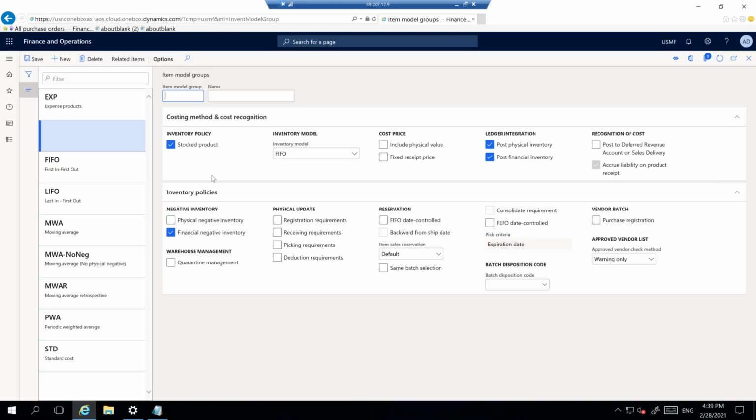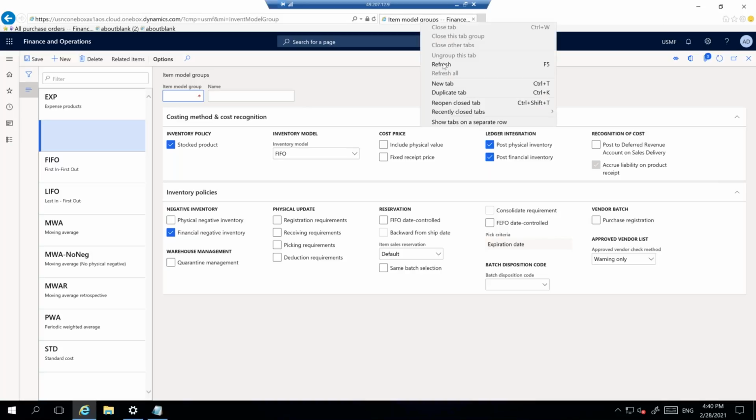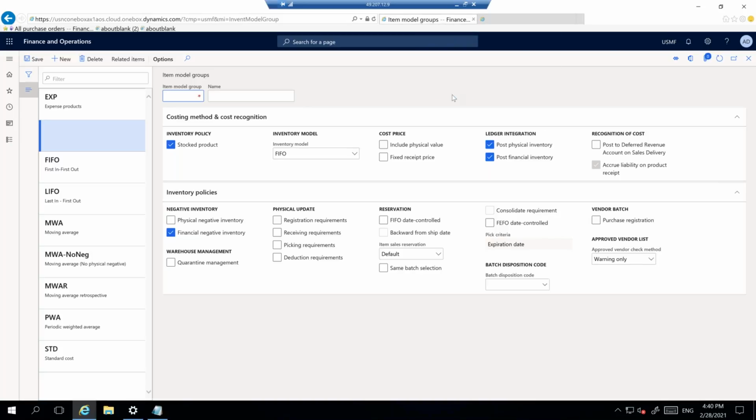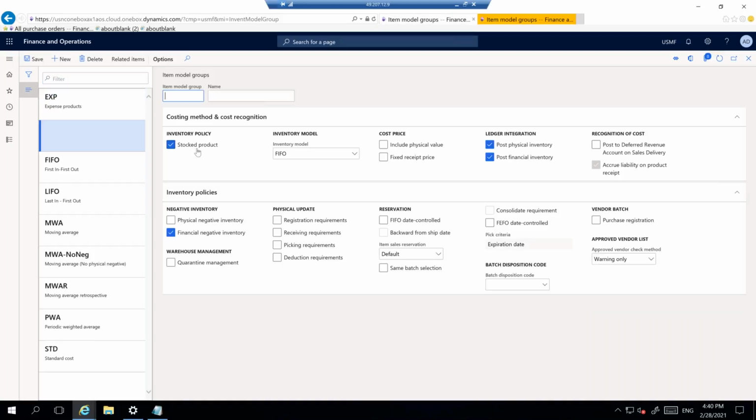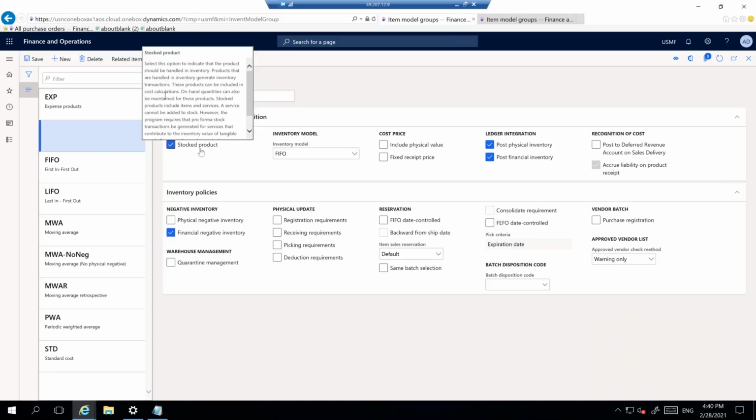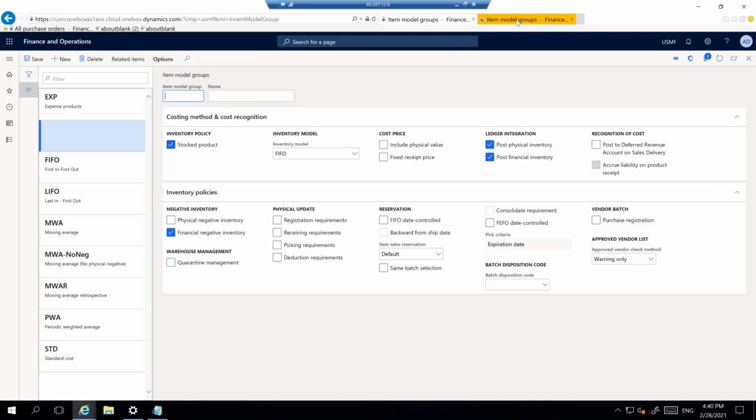Fine. So now, item model group. Of course, this is a part of T&L, but it is most important for finance people also. The first checkbox is stocked product. I have discussed this earlier. Let me take another duplicate for this one. If you enable the stocked product,